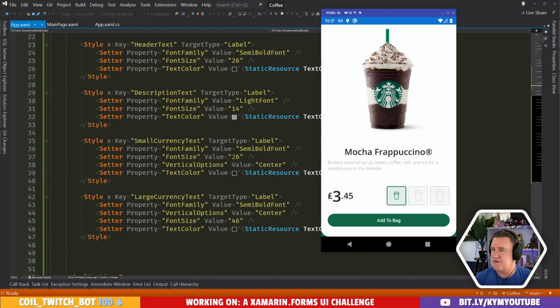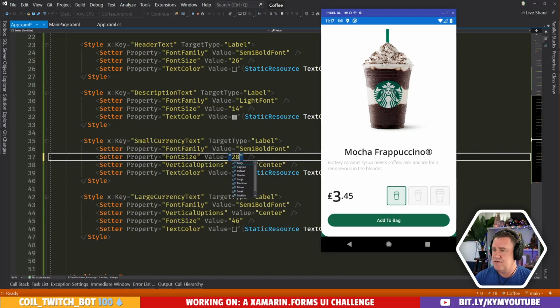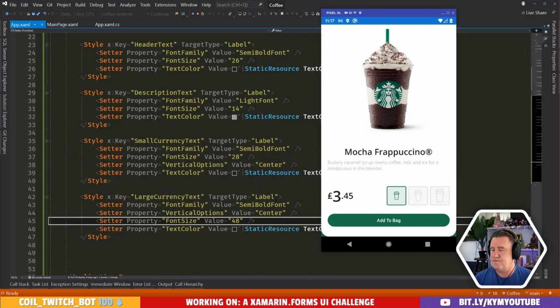Now I'm going to do this here. I'm going to put this at 28 and 48. Make it a little bit bigger. All right, cool. All right, and what's the time?